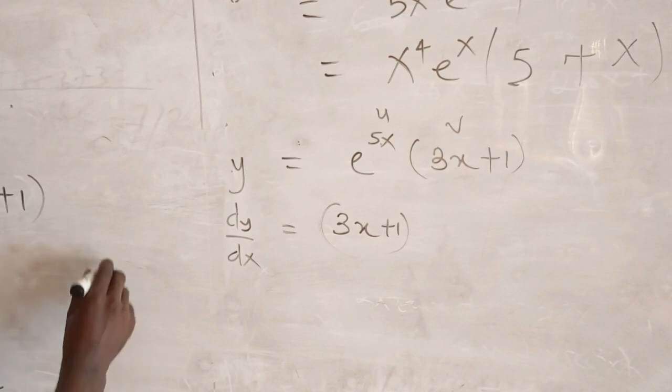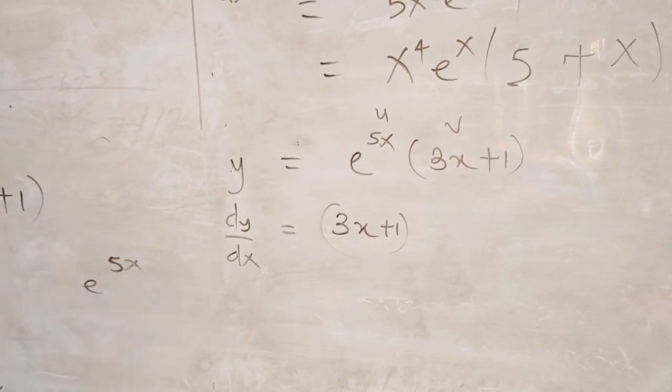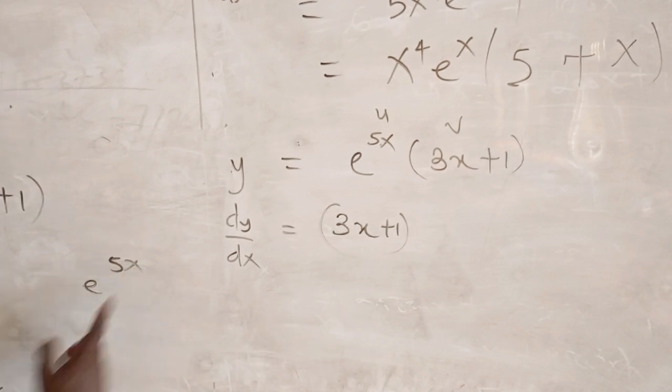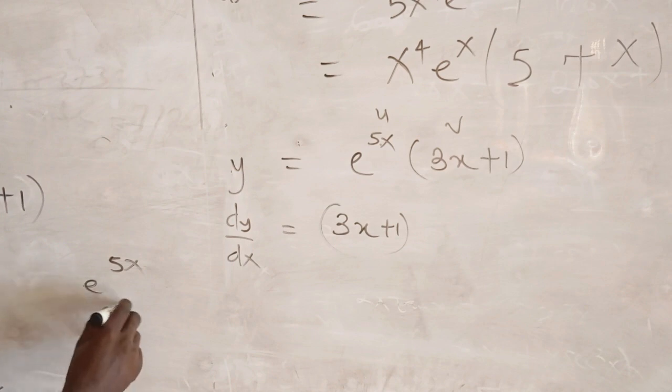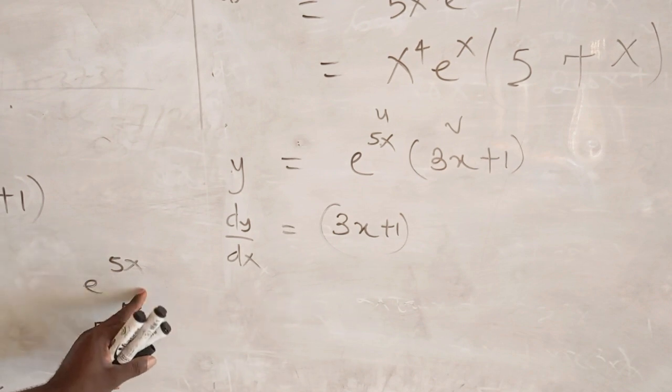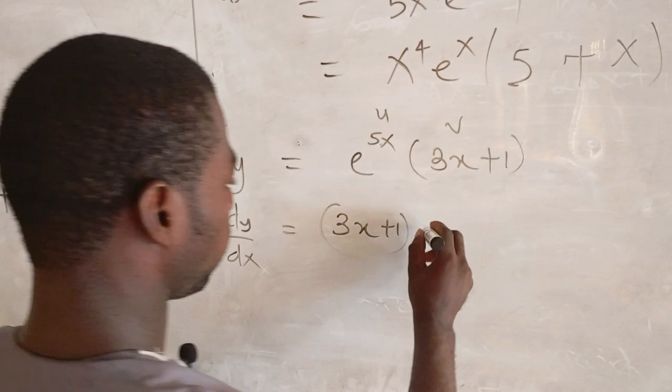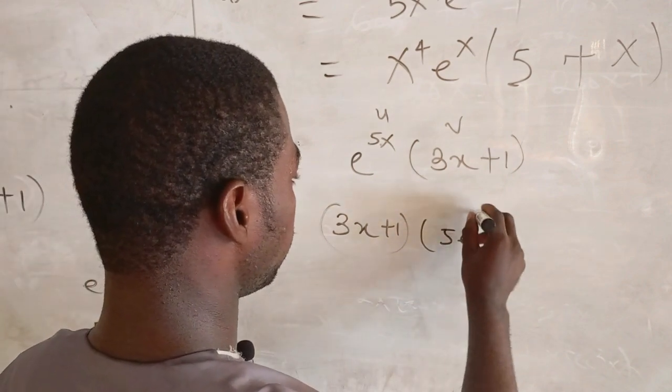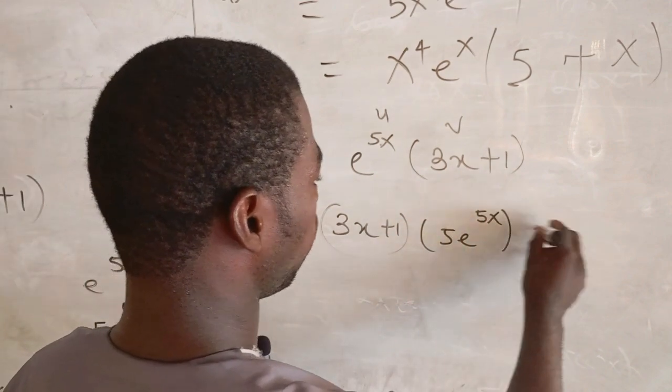Differentiating e raised to the power of 5x is quite easy, although that's changed, but it's quite easy. All you need to do, if I differentiate 5x, I will get 5, right? E raised to the power of 5x. That's all it takes to differentiate that. But that's changed because this is a function of a function. So we have 5 e raised to the power of 5x plus